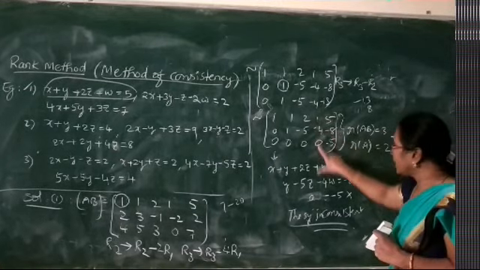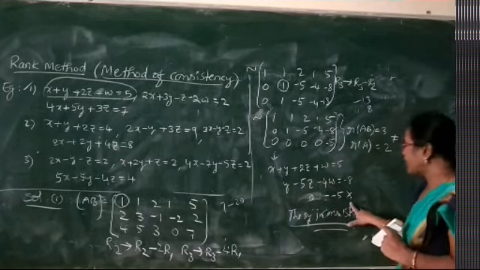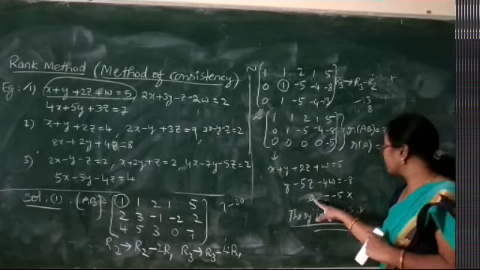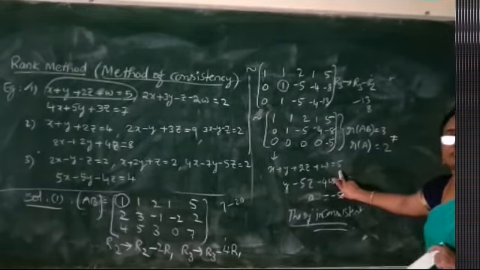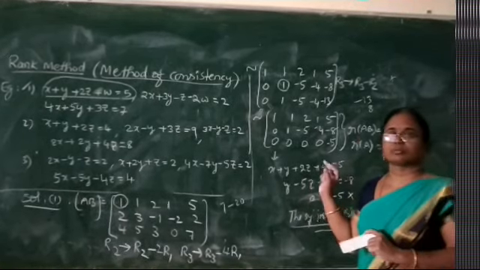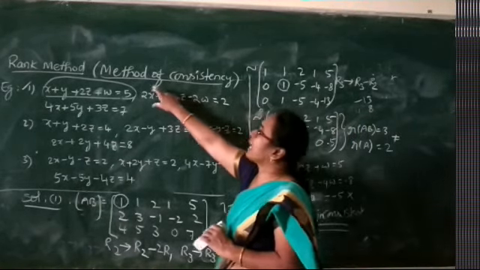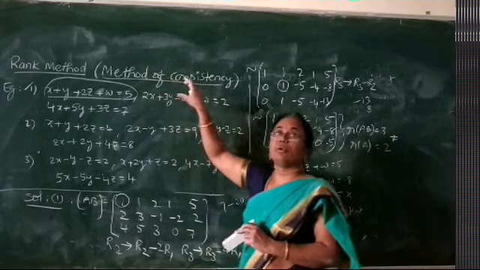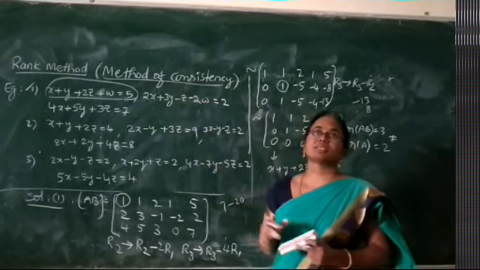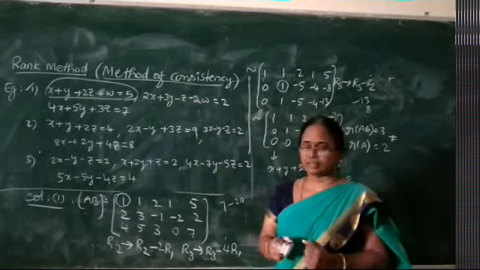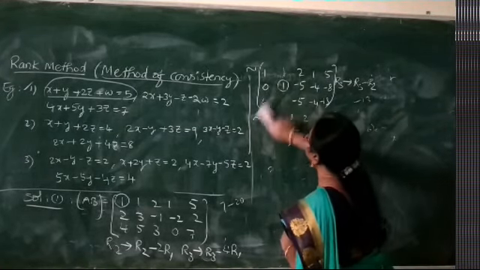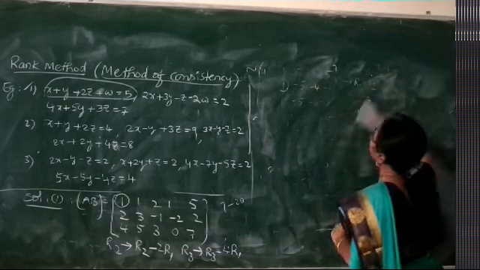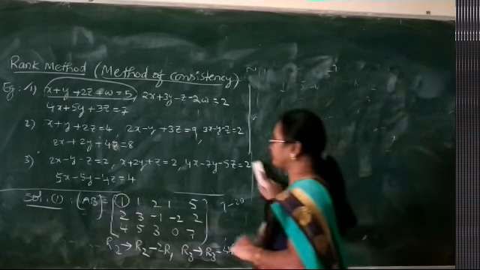Or writing the equivalent system, the last equation is impossible. 0 cannot be equal to minus 5. It itself indicates that the system has no solution. So the first problem is having no solution, and the system is now called inconsistent. Now similarly we continue the same method to solve the second example given.